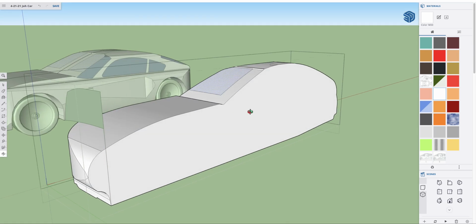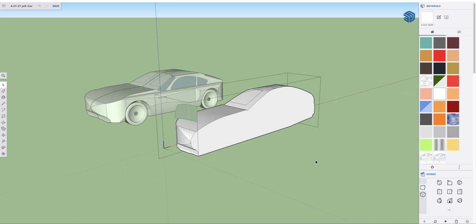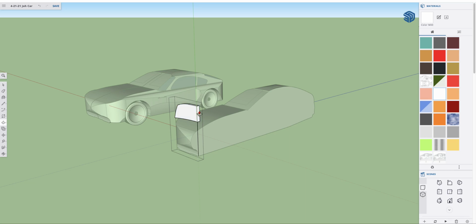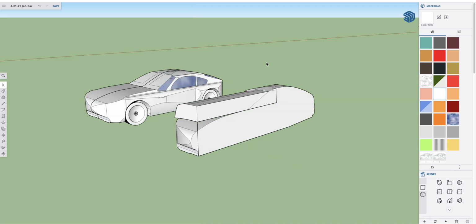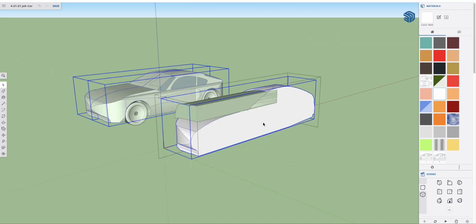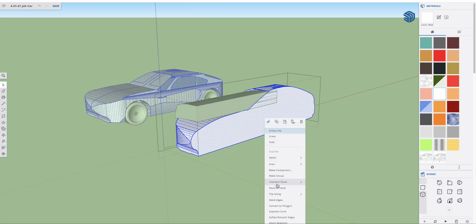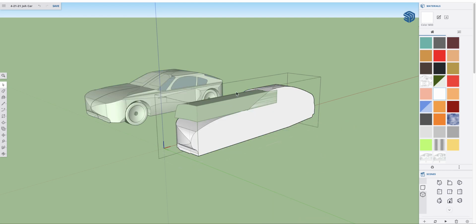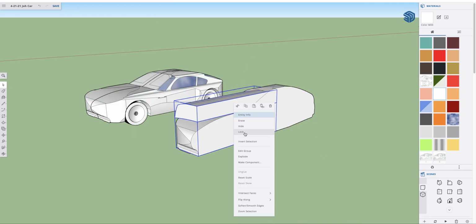Okay, so what's going to happen now is basically the same thing. As long as that lines up, this piece is going to push back, intersect with the car, and then we'll get inside this and get inside this group, and we'll do intersect faces with model, and give it a second because it's processing stuff. And when I hide this,